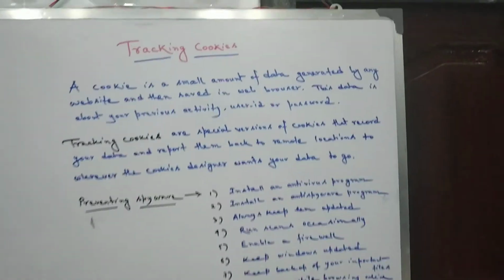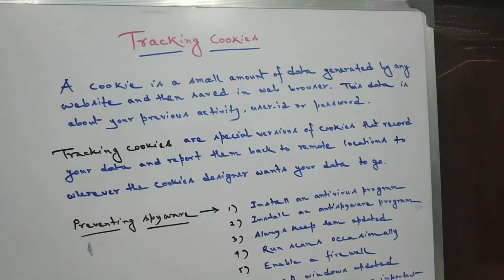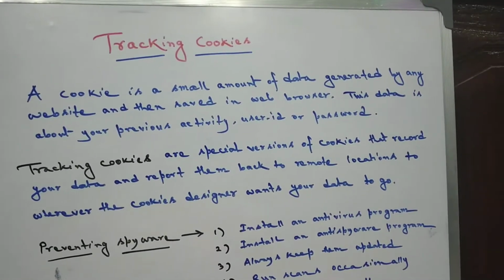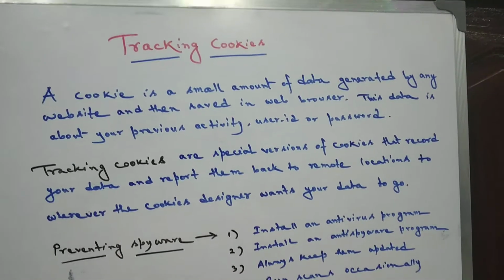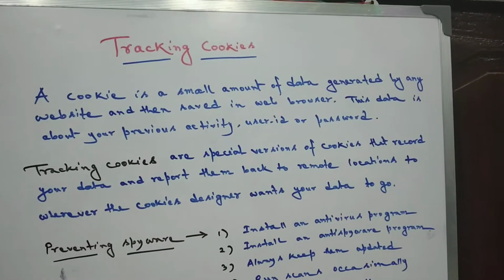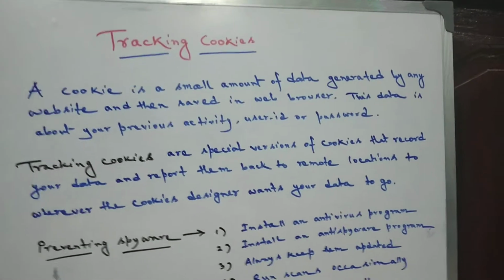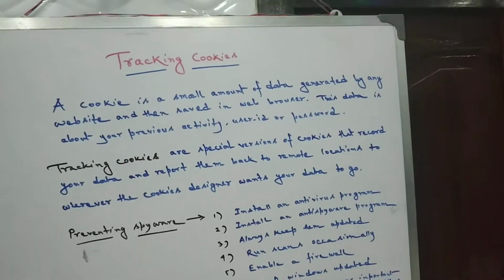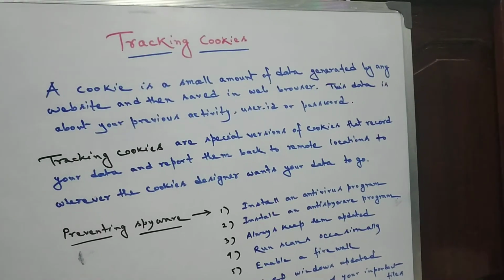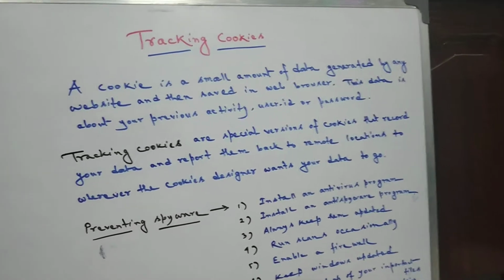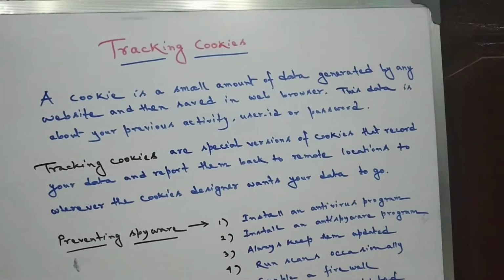Now let's see what tracking cookies are. A cookie is a small amount of data generated by any website and then saved in the web browser. This data is about your previous activity, user ID or password, etc. That means when you do any activity on the internet using any web browser, that browser will collect a small amount